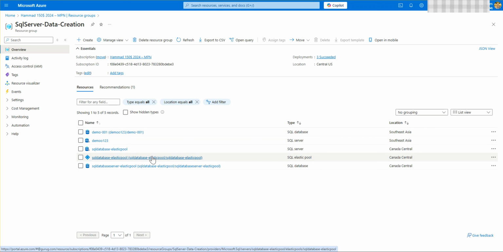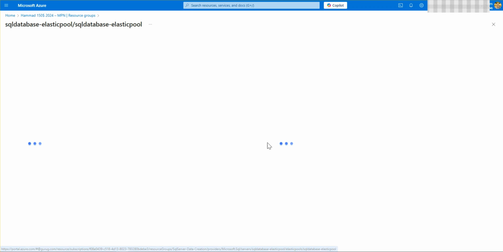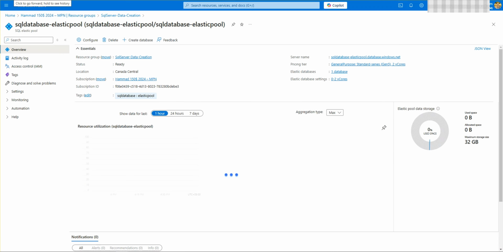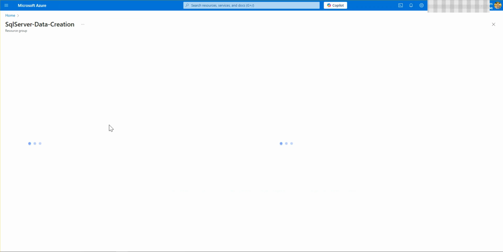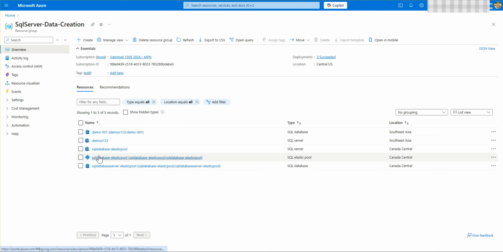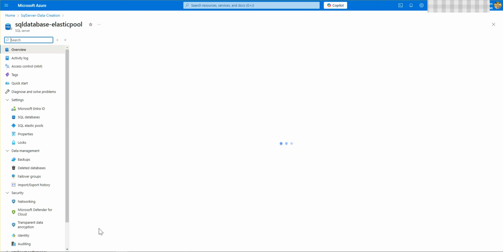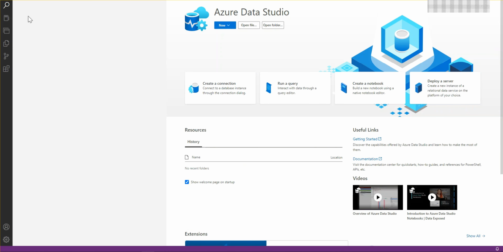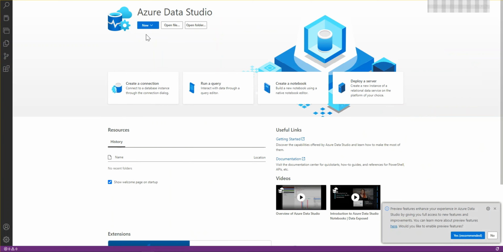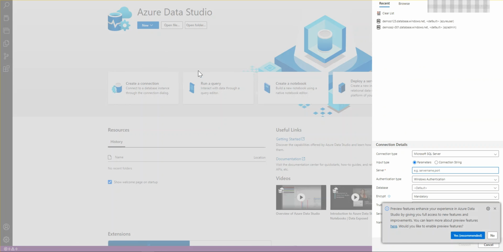And you can simply connect to it through any of the servers. It doesn't matter what application you're using to connect. I will be using Azure Data Studio here. So you have to simply open Azure Data Studio, and to connect a new server you have to select a new connection here. Click on the new connection, and